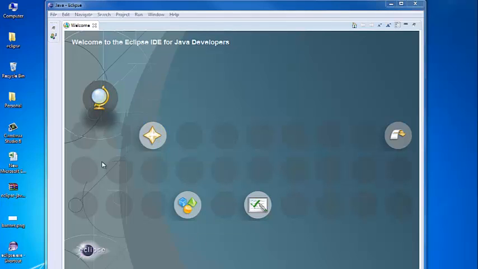There are many options that you see here: what is new in Eclipse, samples that you can try out, tutorials, a workbench, etc. If you want to explore more, you can select any of these options and gather more information about these things. Now we'll close this welcome screen.